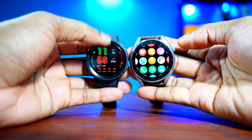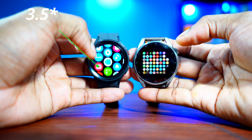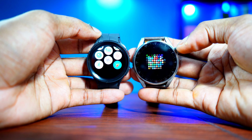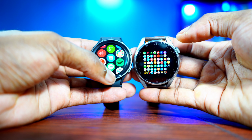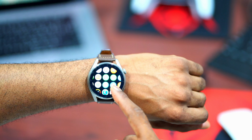Now let's talk about software, and that's where the Galaxy Watch 5 Pro is shining. It is running the Google Wear OS 3.0, which is amazing, man. Guys, listen, Google Wear OS has gotten so much better. I would say it is at the same level as the Apple Watch OS. Yes, Google Wear OS is amazing, and it works so good on this smartwatch. The Huawei Watch 3 Pro is running Harmony OS 2.1 right now. As of right now, as I'm making this video, it has Harmony OS 2.1,